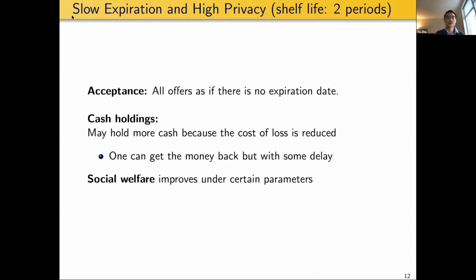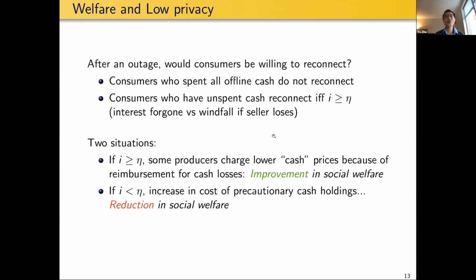Okay, so far I'm talking about the low privacy case, the high privacy case. Now thinking about the low privacy case, if the consumer connects his device to the internet, the device reveals his payment history. In that case, if the seller, the producer, lost his device, but the consumer connects his device, the central bank knows that the consumer has already spent the money, then